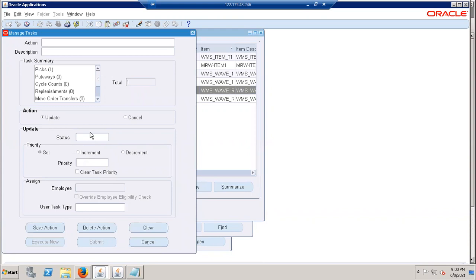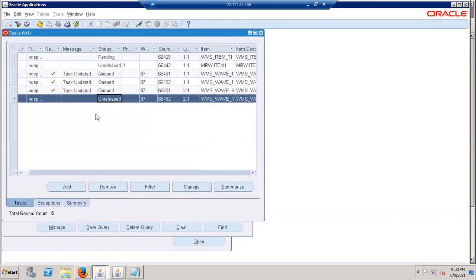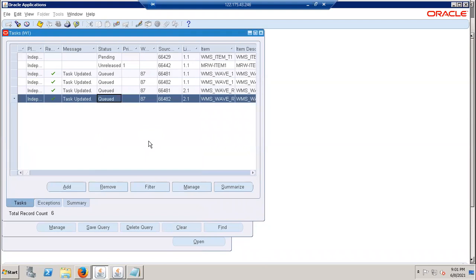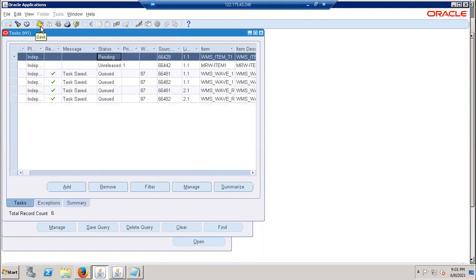Why each and every line here, Santosh? You can select. You are trying to assign. This is a job of the manager. Basically, he will give it to the person who is going to do the process, right? So it all depends. He is trying to kickstart the process. So picking is there, and he is going to assign it to the specific user, saying, "Hey, go and perform this picking." See, now it is being queued. It means it is in process. Okay. Yes. Save it. Just save it. Close this.